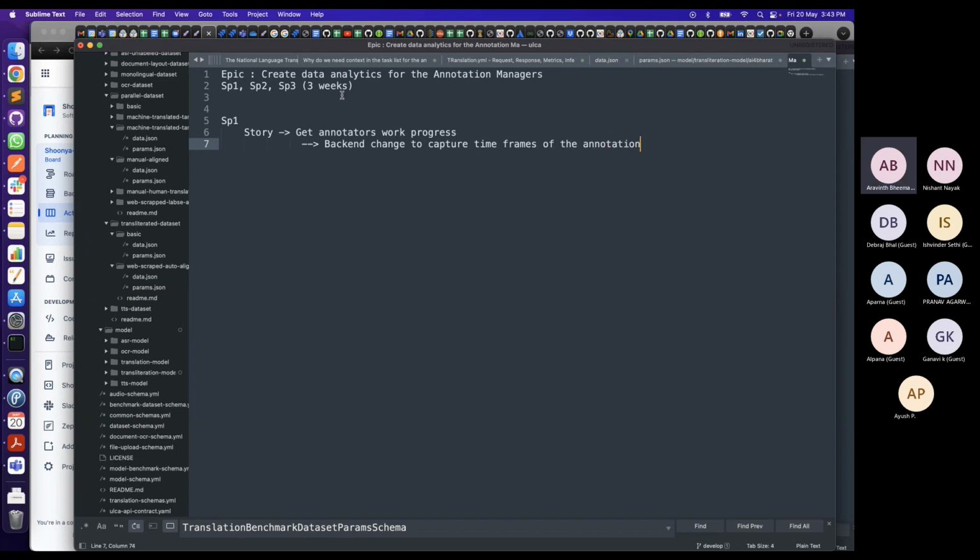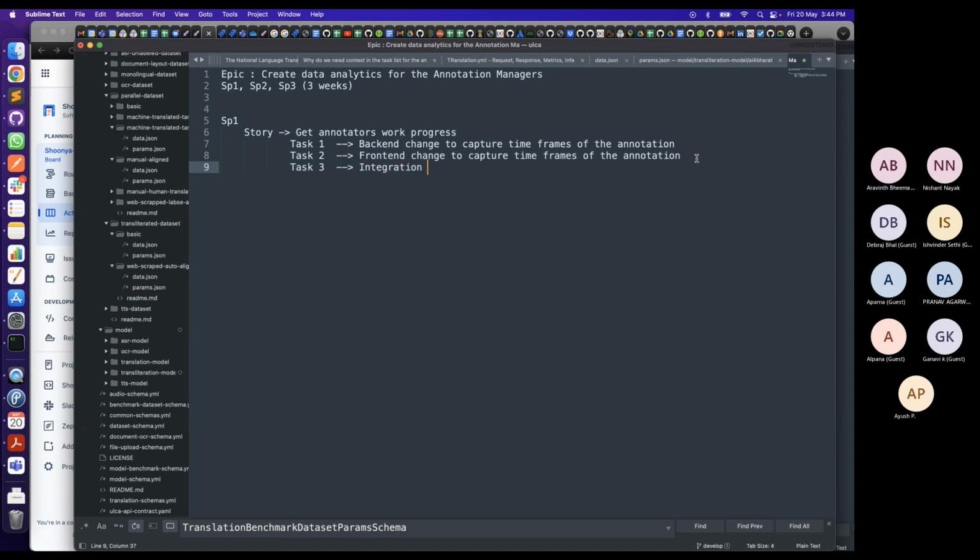This could be one task. The second task might be a front end change, and the third could be, if it involves integration testing or whatever it is, we can create a new task around it.